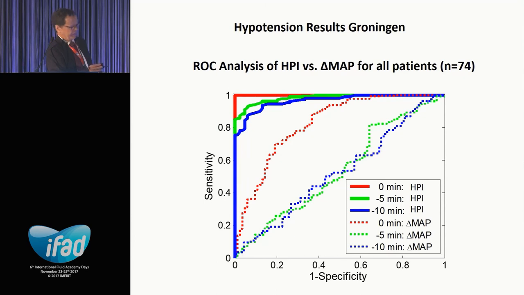And these are the receiver operating curves. So this is at the moment that the hypotension occurs, 3 minutes before, the mean arterial pressure could not predict it. This is 5 minutes and 10 minutes. So this is just like flipping the coin. So no, just by looking at the changes in mean arterial pressure, you cannot predict hypotension as well as